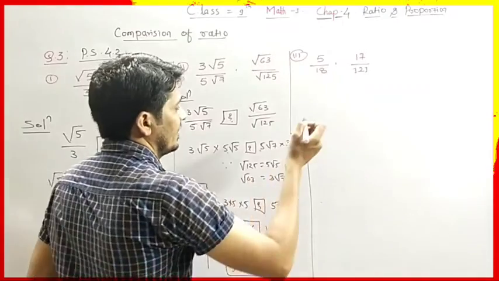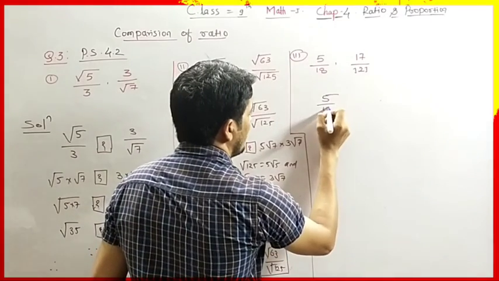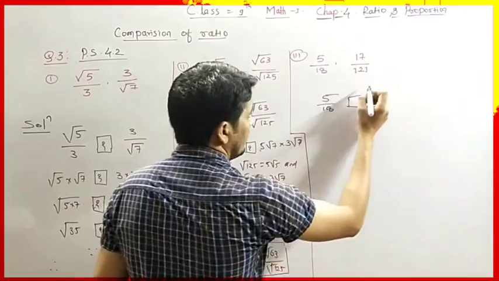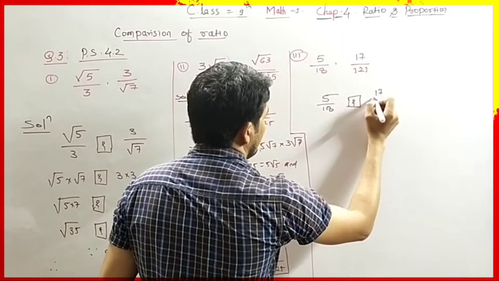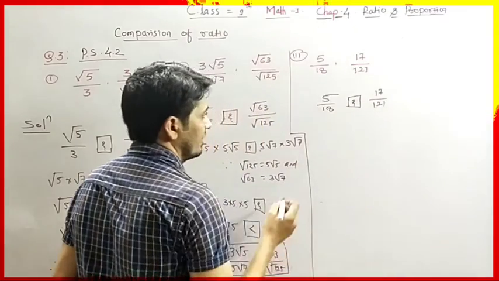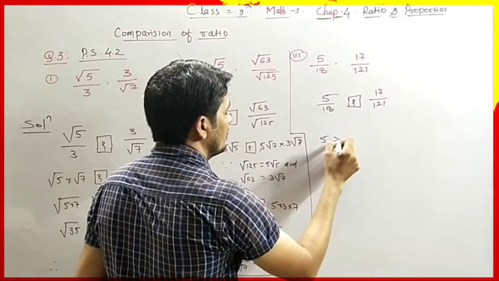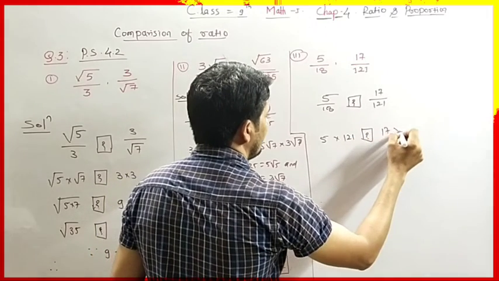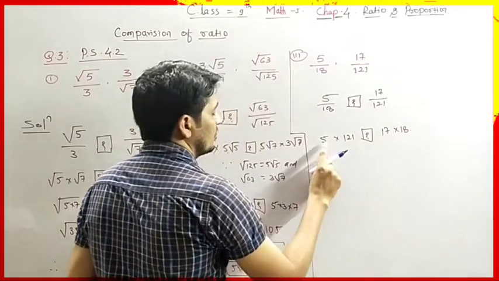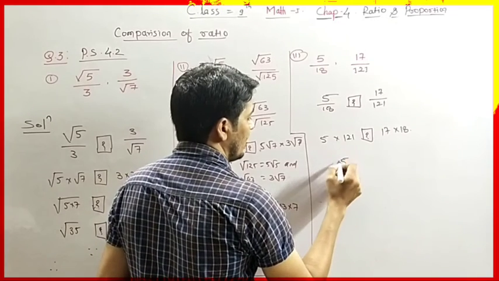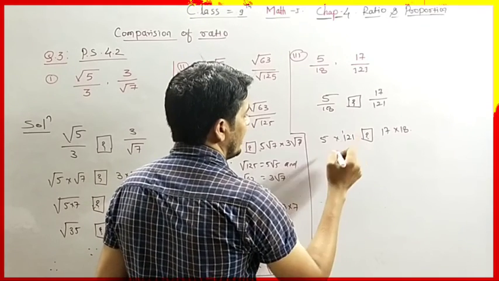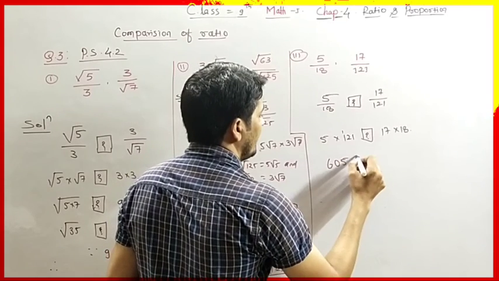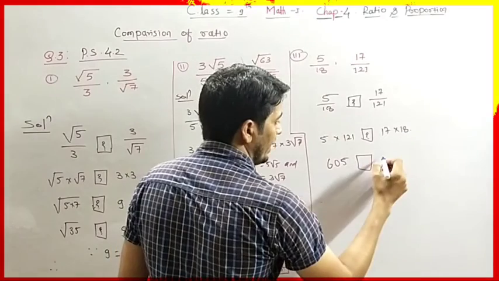Now, the next one. Here we have 5 divided by 18. Then in the box a question mark, and we have 17 divided by 121. So again we cross multiply. It is 5 into 121. In the box a question mark, and 17 into 18. So 5 1 is 5, 5 2s are 10, 10 we carry 1 here and 0 is here. So 5 1 is 5 and 6. It is 605. Again in the box, and 17 into 18 is